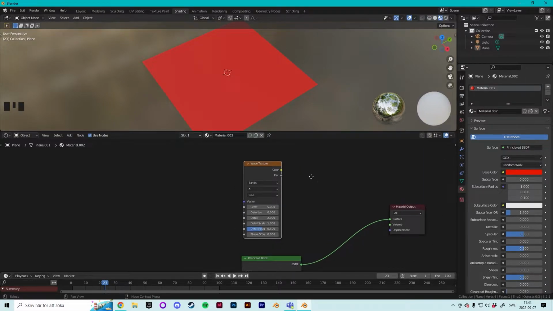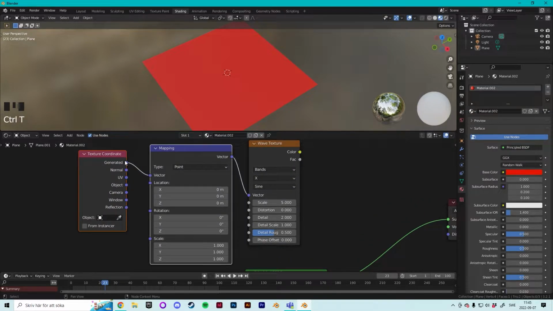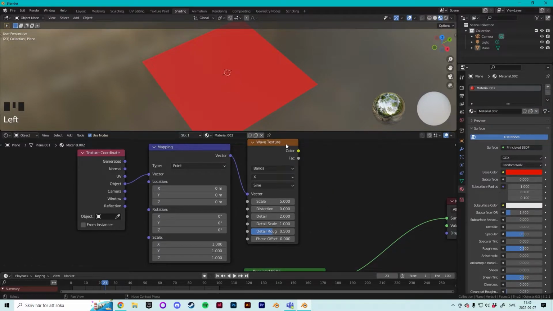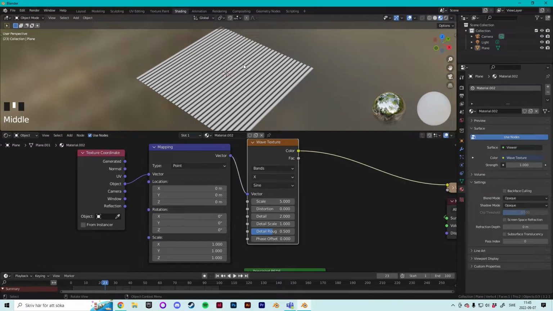and then we use a feature from node wrangler. So we have this selected and press Ctrl T, and the mapping and texture coordinate nodes appear. We want to change from generated to object, so we do like that, and we press Ctrl Shift and select wave texture, and we see how this node